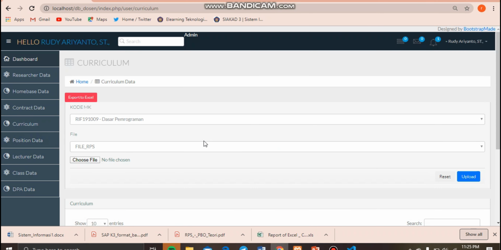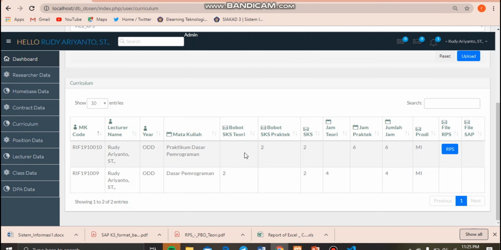Then, this is the curriculum data display. In the curriculum data, Mr. Rudy can update RPS or SAP data files. For example, we choose the basis of programming.